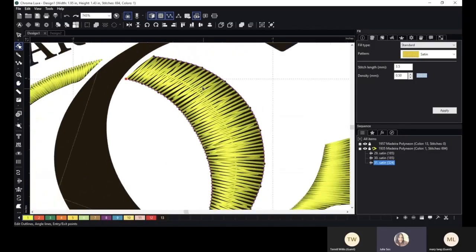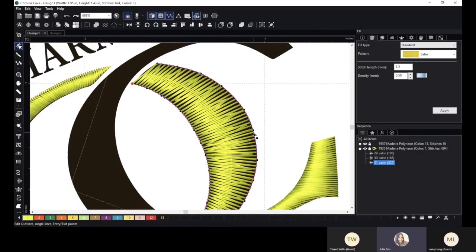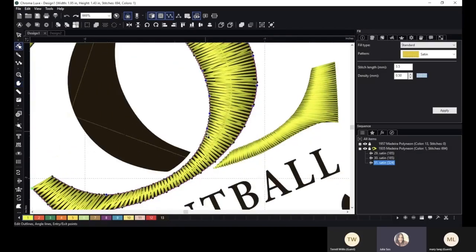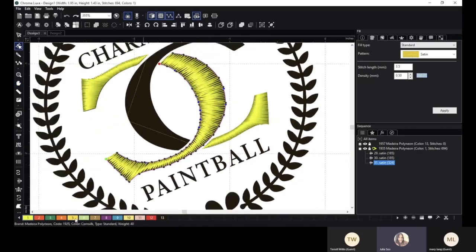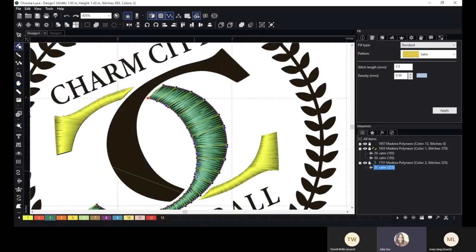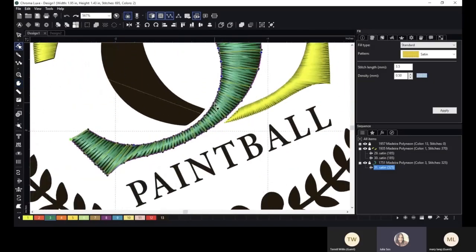Okay, and then we still want to take a look at these angle lines and just straighten out any of them. Just make sure they're really looking nice and consistent. So I know they're very hard to see now. Let's maybe change to green, and that way we can see those yellow lines. They're separated by a black dot, so we can really just drag those black dots, and I'm just straightening them out here at the bottom